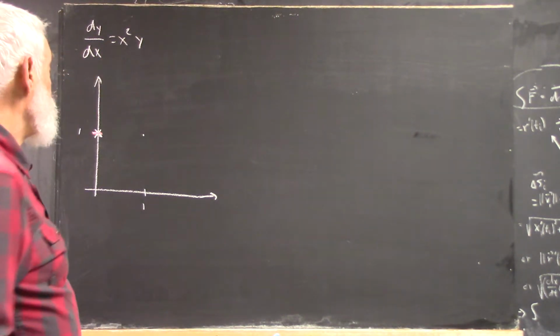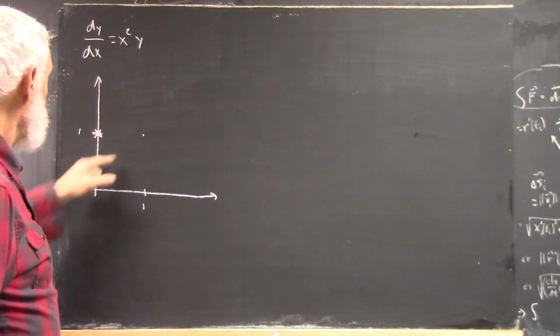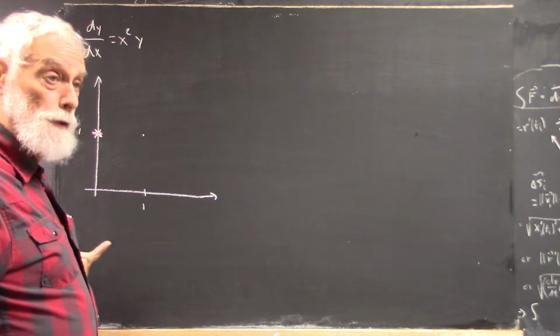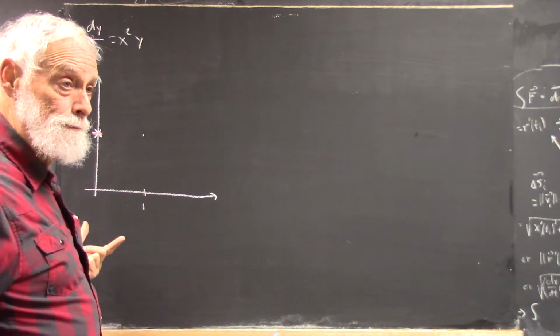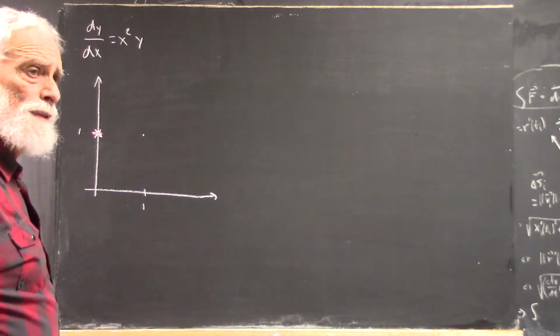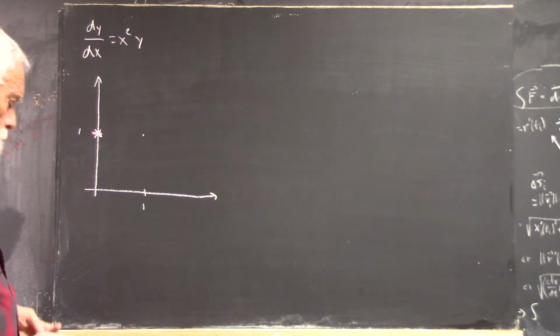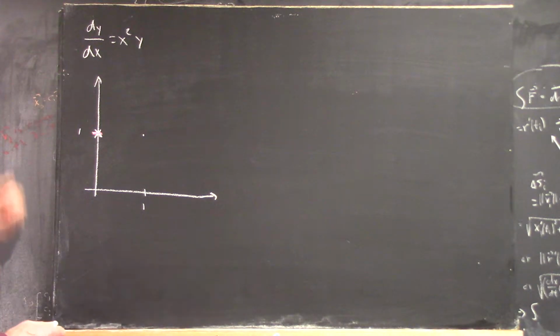Okay? So clearly we could start here and project backwards and forwards. We'd have solutions. Even though if we start here, we end up apparently with a vertical asymptote. Okay, well, let's investigate